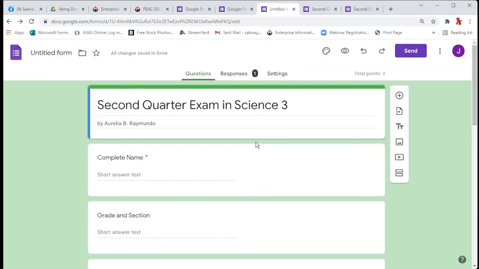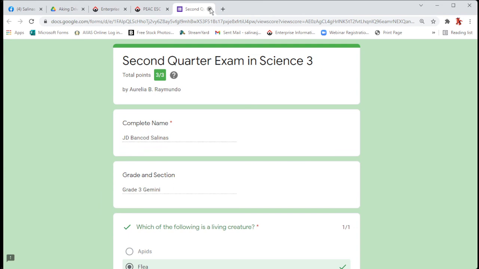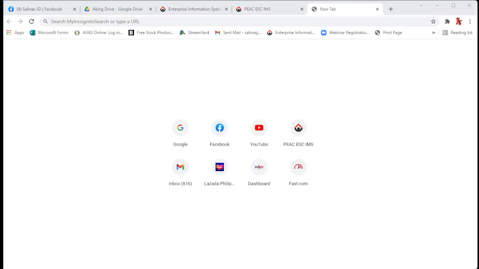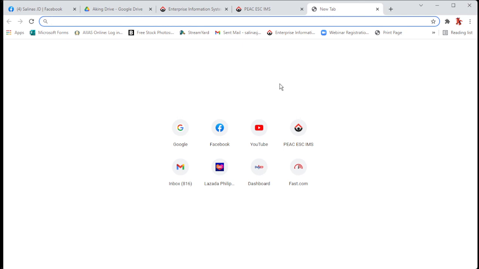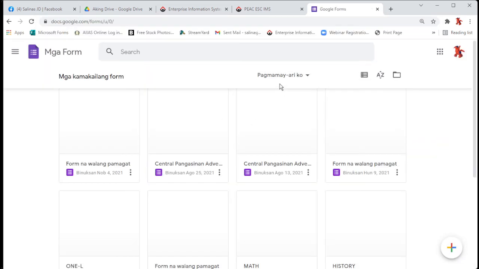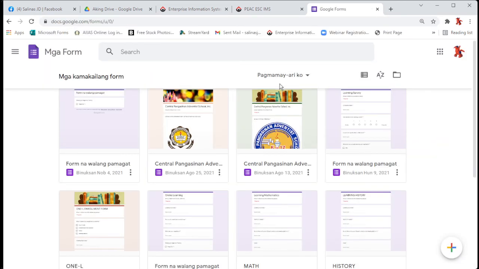So, what if na-close ko? Accidentally, I closed it. So, kung na-close ninyo, for example, na-close natin lahat. So, close, close, close, close. So, sorry. Na-close natin lahat. Balik lang tayo dun sa forms.google.com. And once we got back to our forms.google.com,